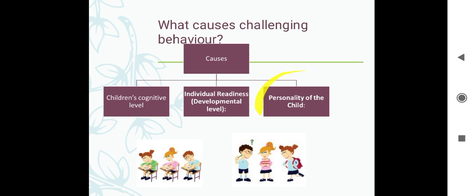And number 3 is the personality of the child. Challenge number 3 is personality. In some cases, the challenging behavior results from their predisposition. Predisposition means an inborn characteristic; we call it nature, the automatic, natural characteristic. Some children are born with aggressiveness. Some of them are active. Some of them are quiet,